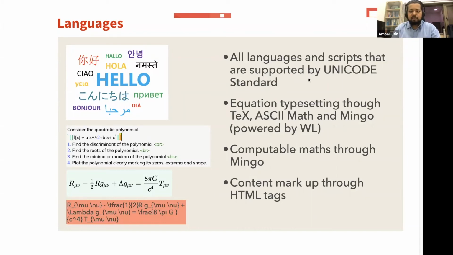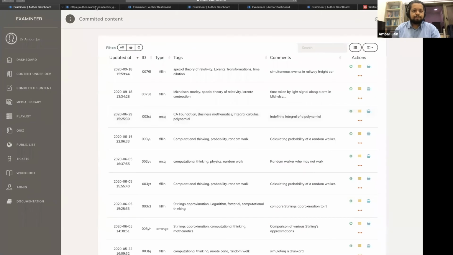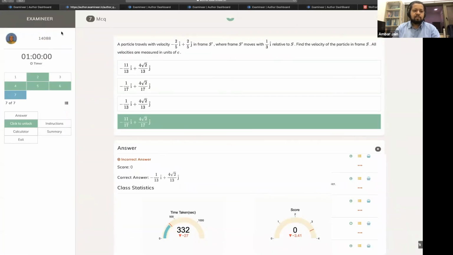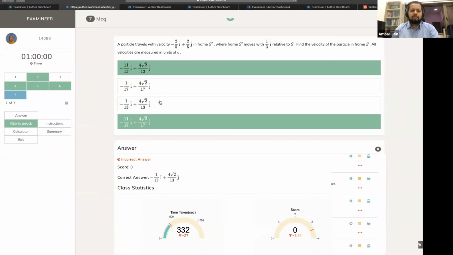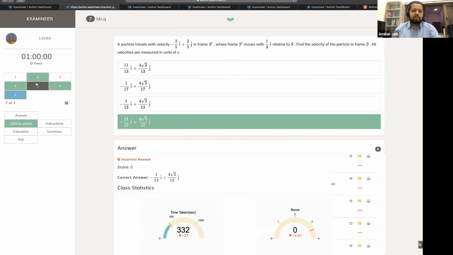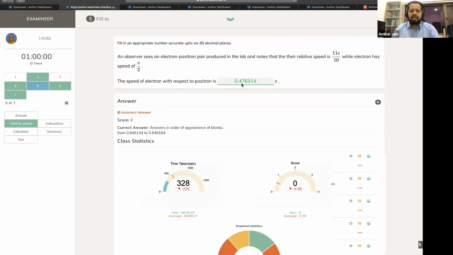And the student interface actually just looks like this. So this is the student interface. Actually, this is a particular student who has already taken this quiz, and I'm showing you after the quiz what it looks like. During the quiz, they were able to select one of these MCQ options, or they were able to fill the blank in during the quiz, and after the quiz, this is what it looks like.